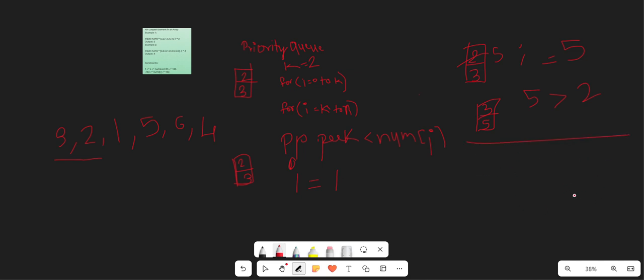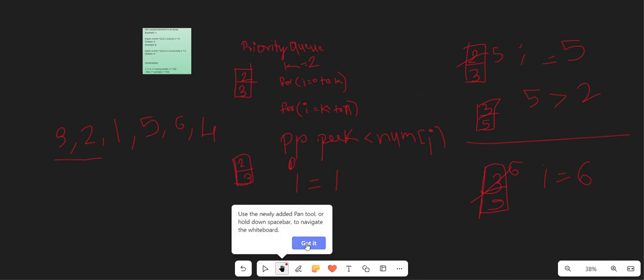Now i is 6. How is my priority queue looking currently? It has 5 at the bottom and 3 at the top.